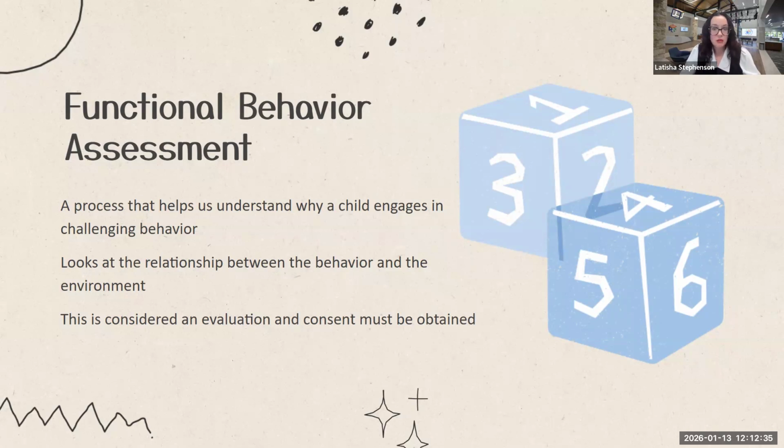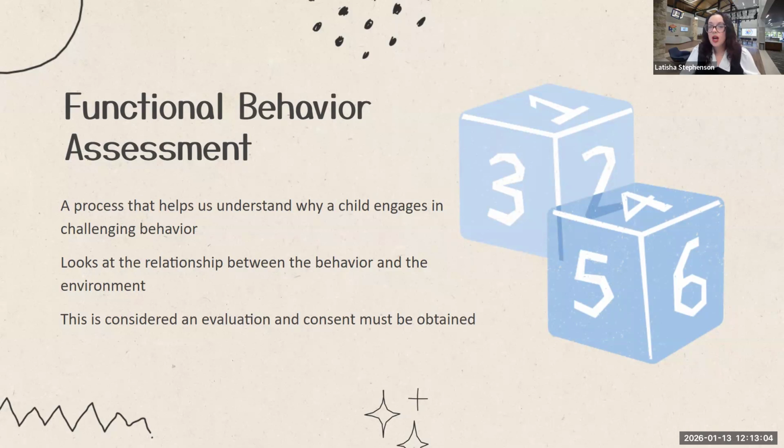So sometimes when that happens, we may need to do another FBA. This could be in a year, in 3 years, whenever a new behavior pops up, or when there's a behavior that perhaps was there before and then we improved it and it's coming back around again. We're suddenly seeing that behavior happen again. Or if we've conducted the FBA and we determined what we thought that the function was and we're addressing the needs and it's still not quite working, we may need to go back to the drawing board to see what did we miss.